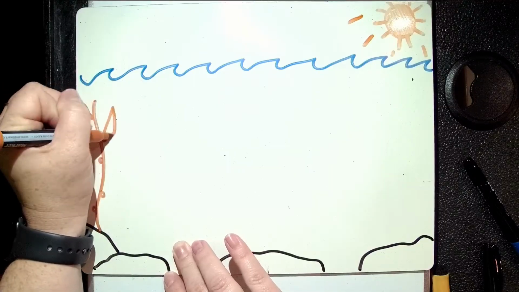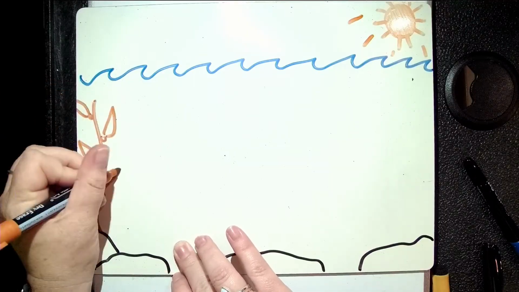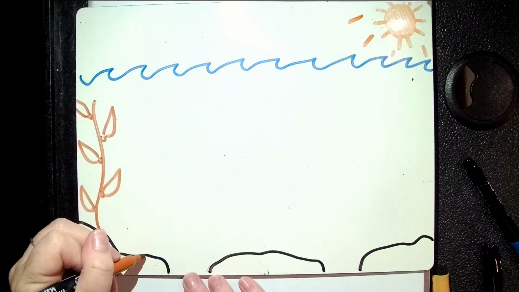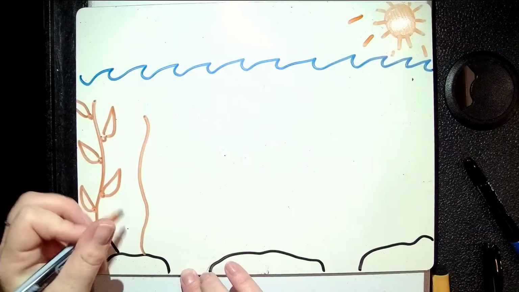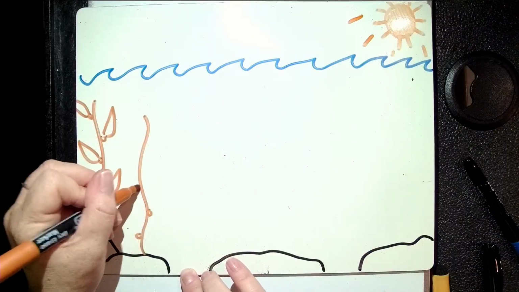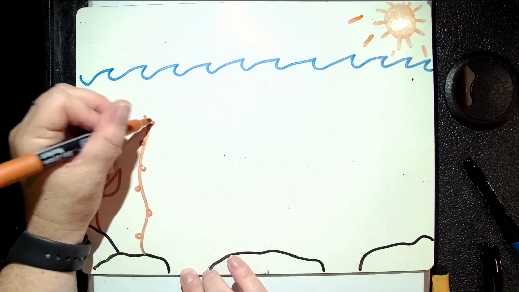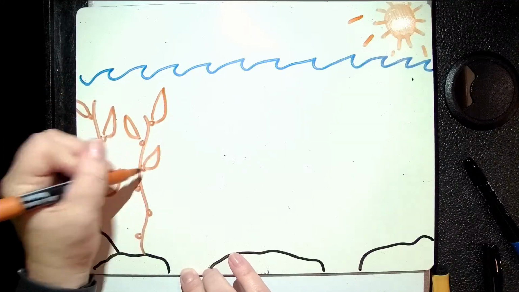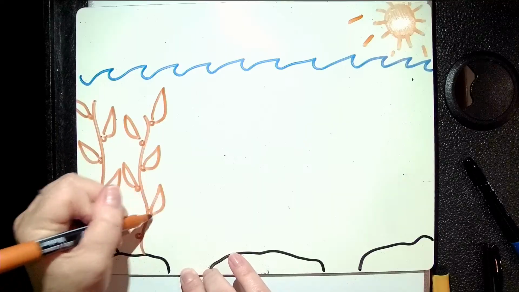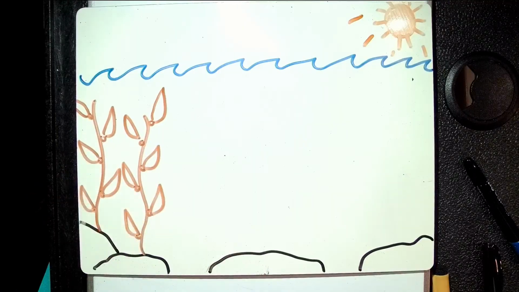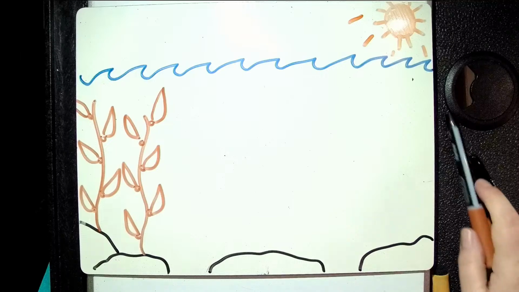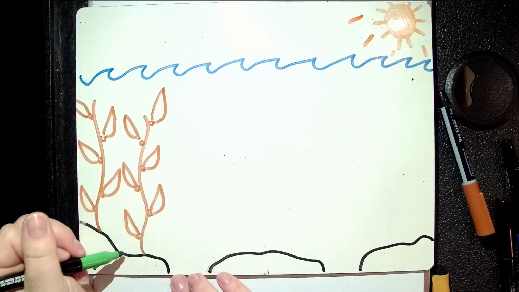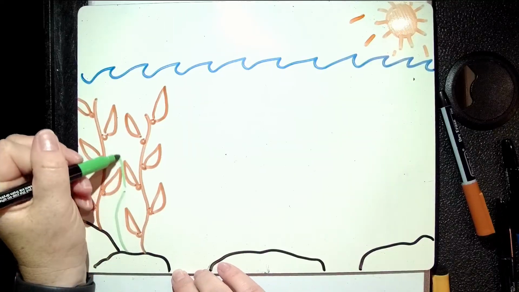Now, kelp is really interesting, this algae. If you live in Southern California, or anywhere along the California coast really, you are likely familiar with kelp. But that's not true for everyone who lives near the water. Kelp forests, like we were looking at, are only found in about 5 or 6 places around the world. Not everyone has a kelp forest as part of their ocean backyard. I'm going to add some green algae here. Similar things.